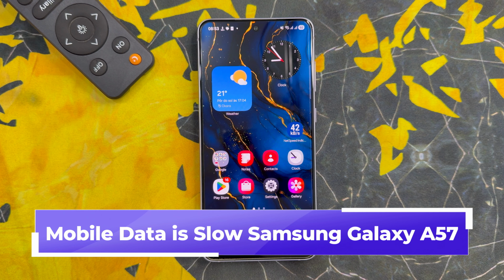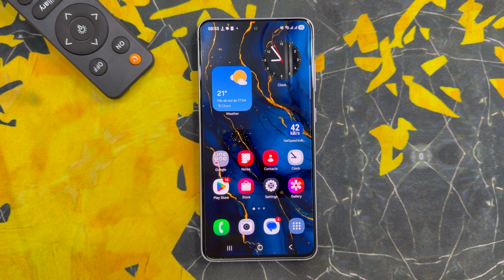Hello everyone, in this video I will show you how to fix slow mobile data issue on Samsung Galaxy A57. Let's start the video. First of all, if you want to fix this problem,